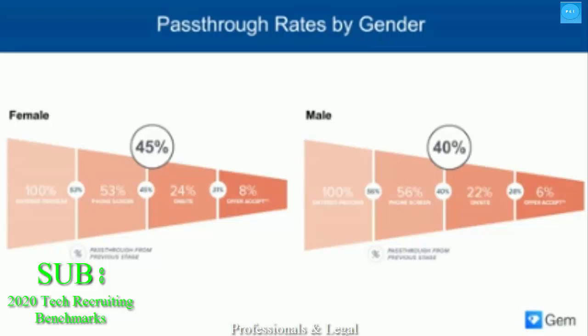If your offer accept rates for female-identified talent are subpar, your most valuable asset may be internal data about candidate withdrawal or offer rejection reasons. You should be asking all candidates who withdraw from process to be honest about their reasons for doing so. But for female-identified candidates or other specific segments that you're digging deeper into, examining withdrawal reasons can be particularly insightful. Were they turned off by company culture? Did the comp package not meet their expectations? What investments might you need to make, from more inclusive practices to increasing female representation at the leadership level, to increase the offer accept rate for female candidates?